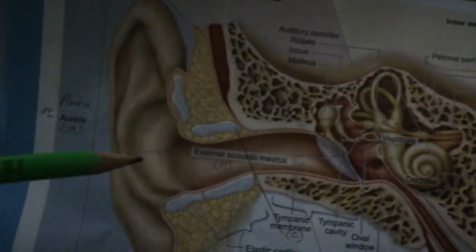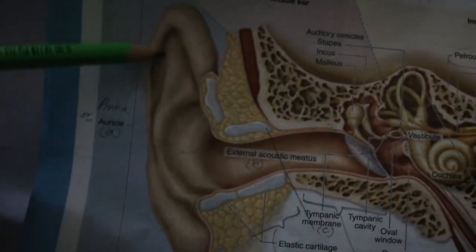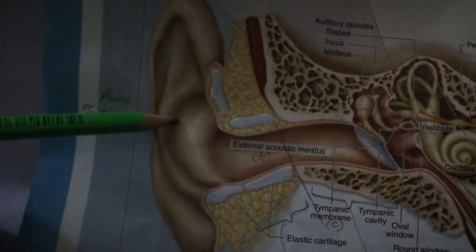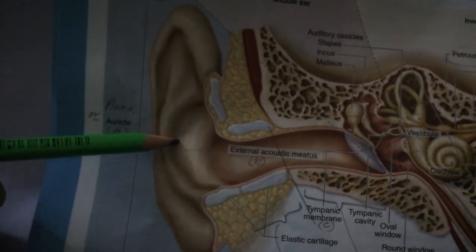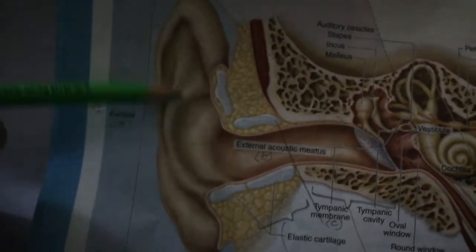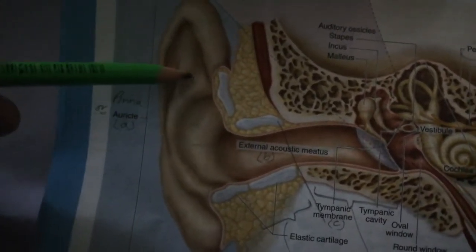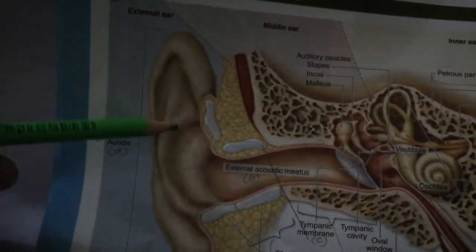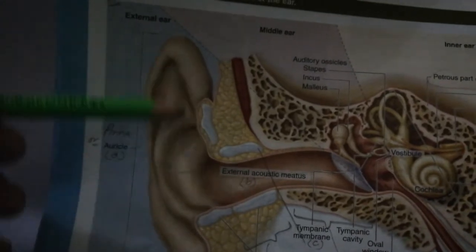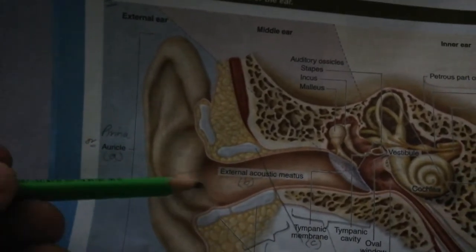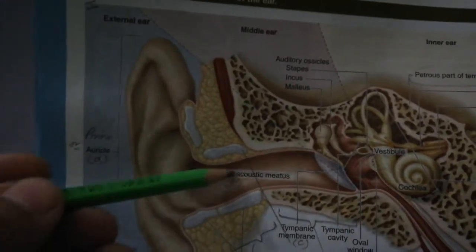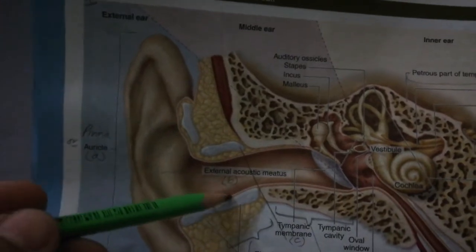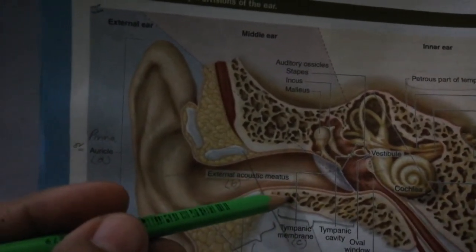Now we have come to the auricle or pinna. We have to see its histological features. As you can see, you can hold it and feel it as elastic in nature. So when we cut it, we see elastic cartilage inside. Another important thing you come across is the skin, thin skin all around, inferiorly, superiorly, posteriorly, that also moves inside, and this epithelium or skin is tightly adherent to the underlying tissue.